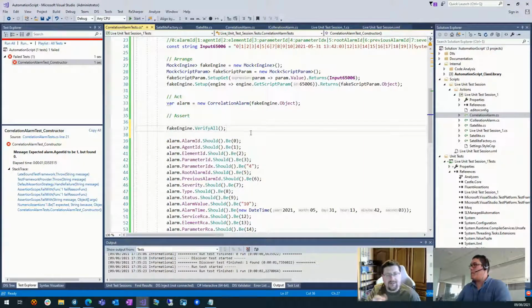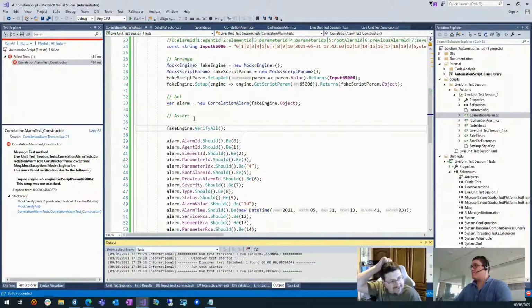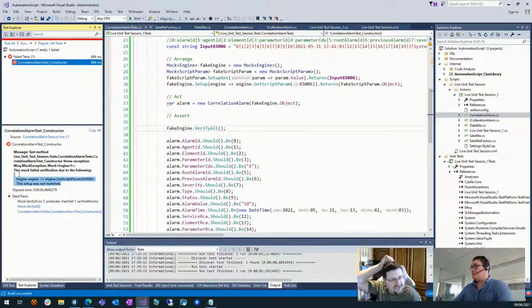Yes, indeed. And that one's just going to check all the setups you did. Are they actually being called on that engine? If they aren't called, which should technically be the first thing that goes wrong here. Yes. So as you can see, it failed the verification because it noticed there was no match. It didn't register anywhere that method was being called.